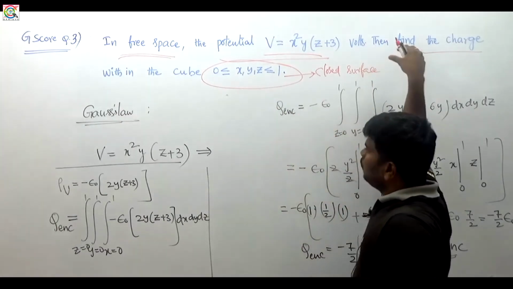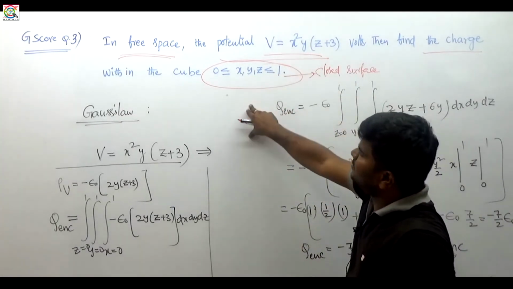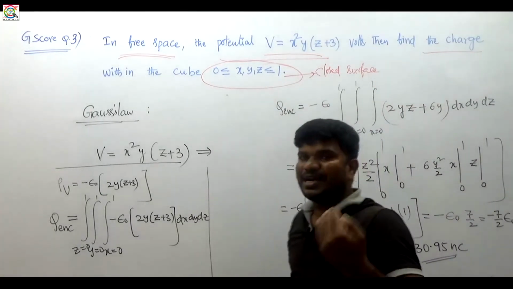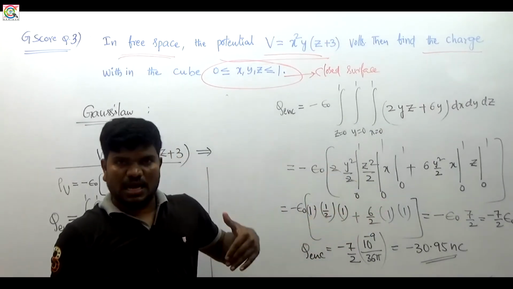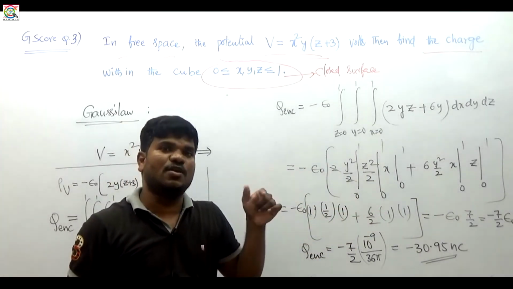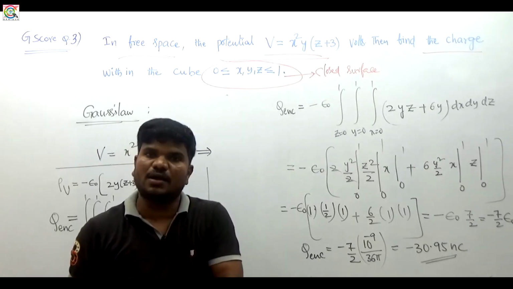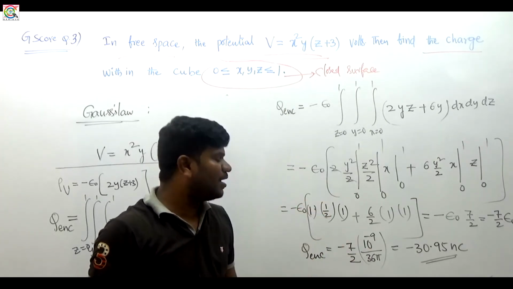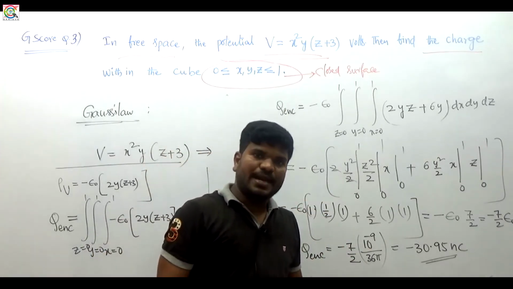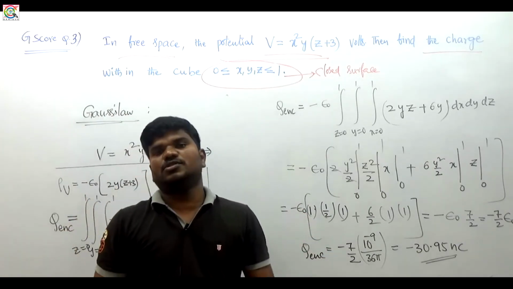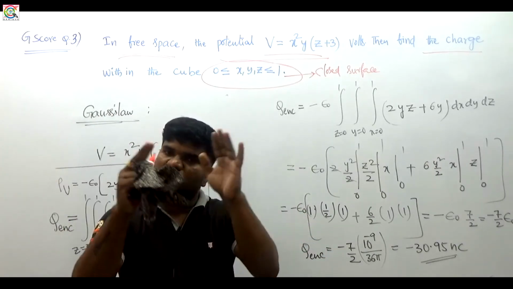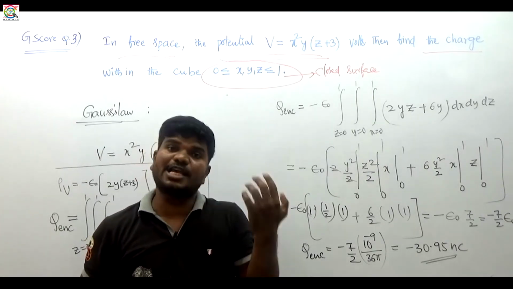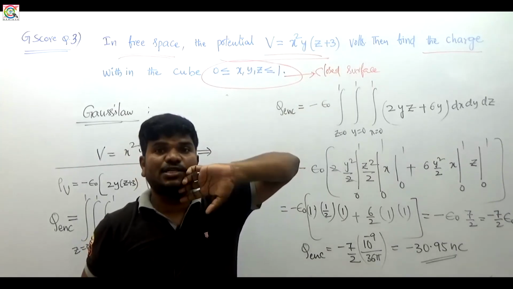So what did we use in this question? We used the Gauss law, okay. So how to relate the potential with the charge, okay. There is one more expression, V equals Q divided by 4 pi epsilon R, okay. You cannot use that formula, because it is not due to a point charge, right? So one closed cube is given, or closed surface is given, right? So you cannot expect the potential is due to the point charge only, okay.